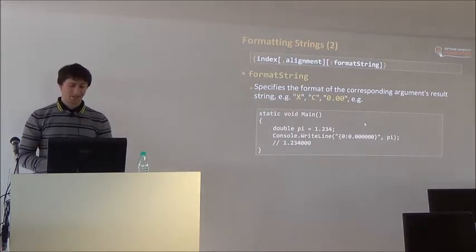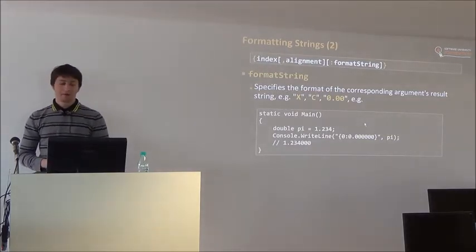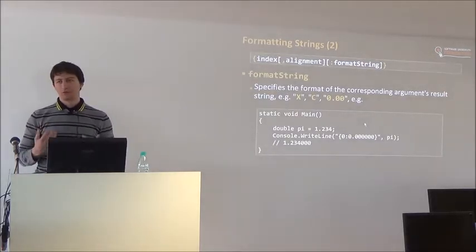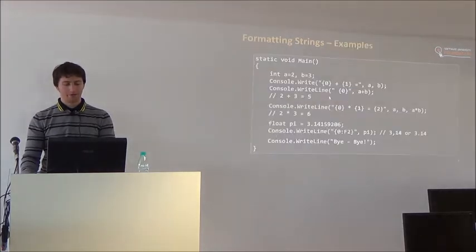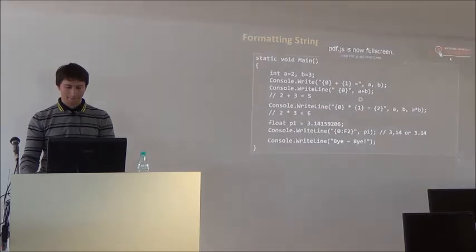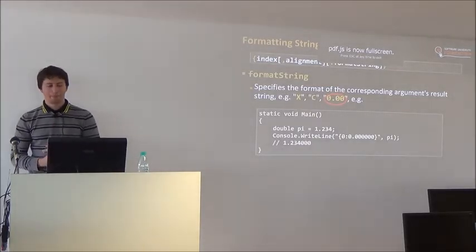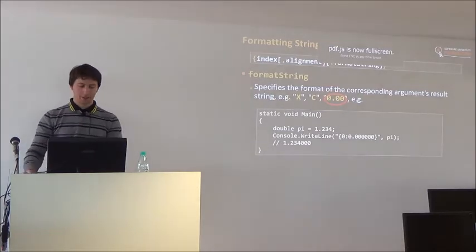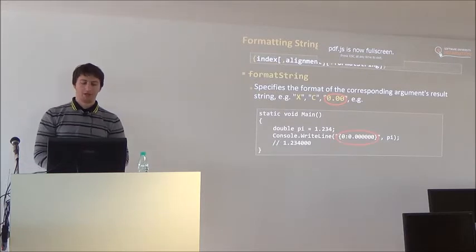You have the X, which I can't really remember what it was. C, money currency, if I remember correctly. This 0.00 is something interesting. You can actually put the precision with which you print a decimal or a double or a float number. So if you put 0.00, you get 2 decimal places precision. And in this case, where you put 6 zeros, you get 6 decimal places precision of pi,